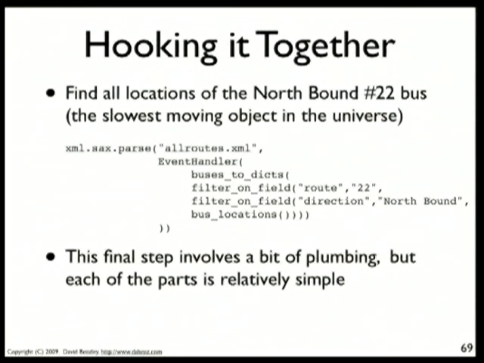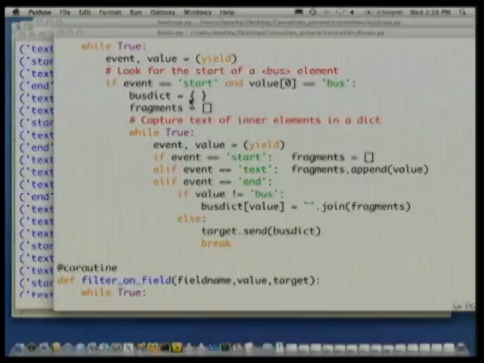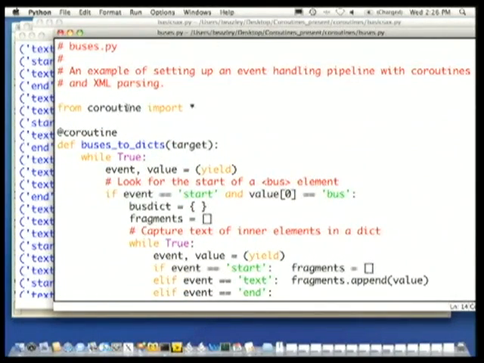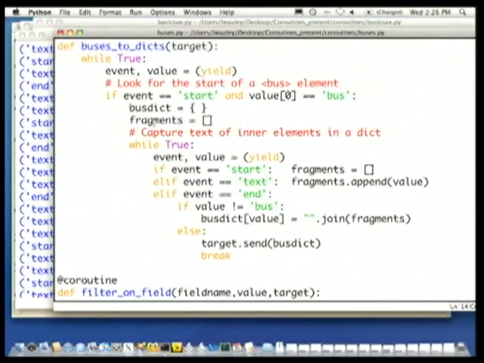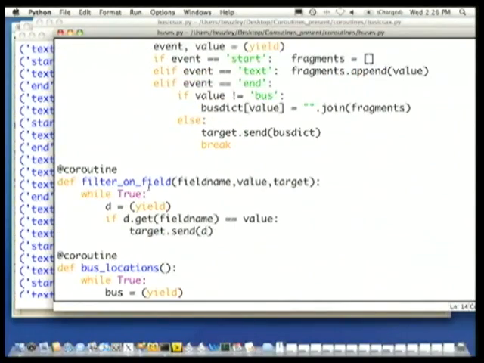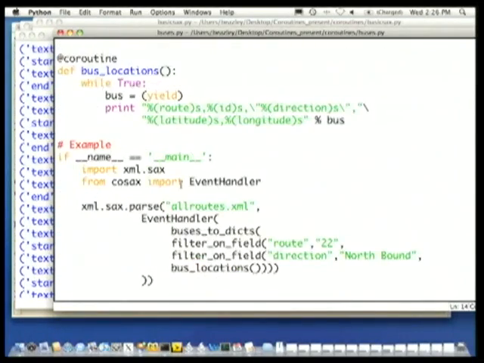And then what you can do is hook a whole bunch of stuff together. I'll show you this code in some detail here, but essentially you can take that XML SAX thing and stack together a whole bunch of these processing stages. So this is creating dictionaries. Here's this filter, here's a printer, and then you're setting up a bunch of plumbing at the end. Again, it's getting to look very Lisp-like in the number of parentheses there at the end,